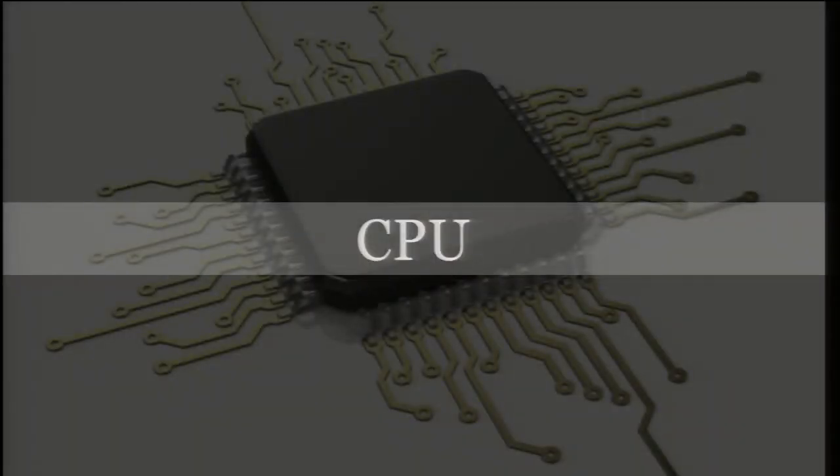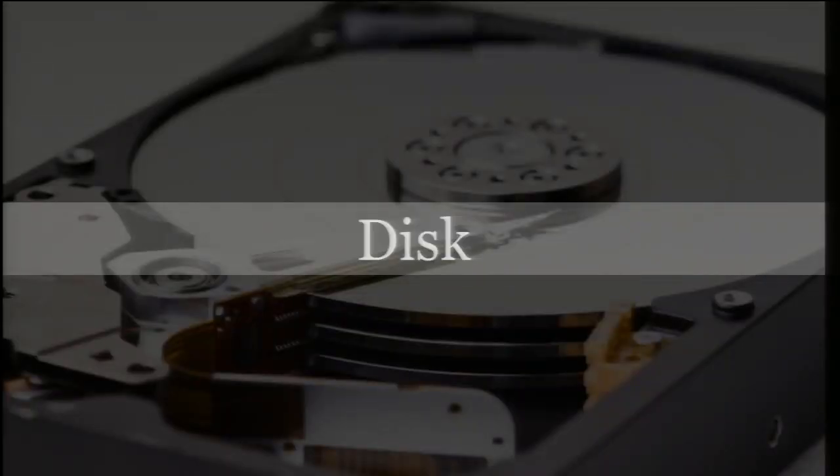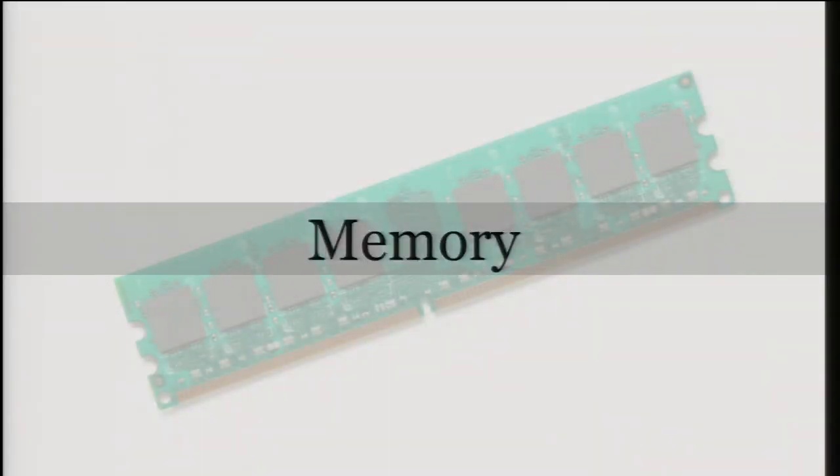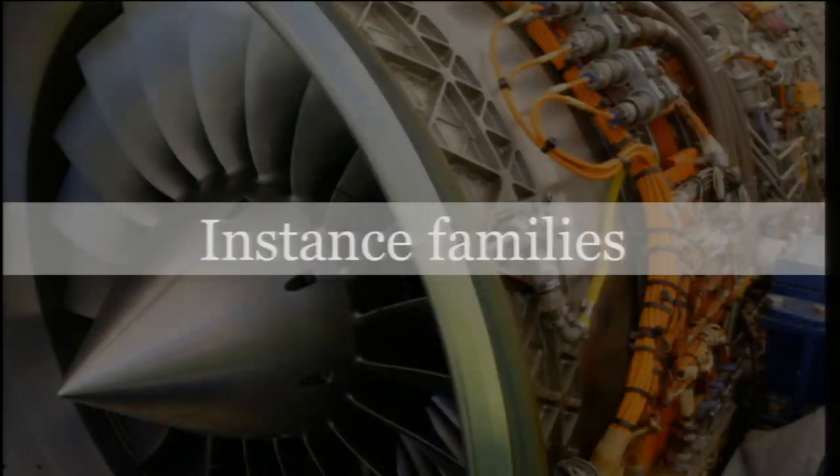And what does an instance consist of? It has multiple things. We give you a certain amount. It has CPU. It could have disk, memory, network. These are all the components that we package together and give you an instance. It looks like a server, but you shouldn't be thinking about it like a server, because you can do more interesting things with it. For convenience, we tend to cluster these into instance families.